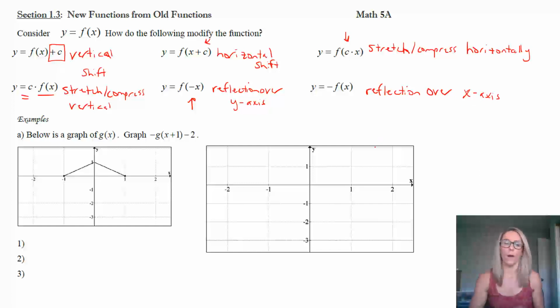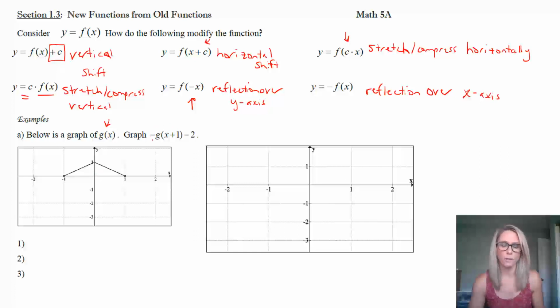So we'll take a look at what happens. We have a graph here. So we'll look at an example. We have a graph. And as you can see, it's an idea of an absolute value, but we don't really need to worry about that because we're just going to change this function. It's not the full function because it only goes from -1 to 1. But we have a graph of, it's called g of x.